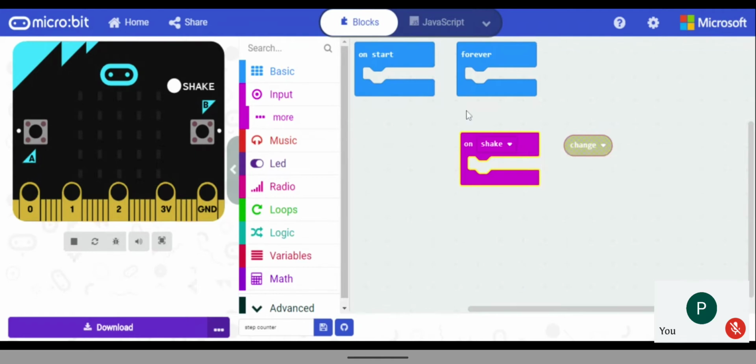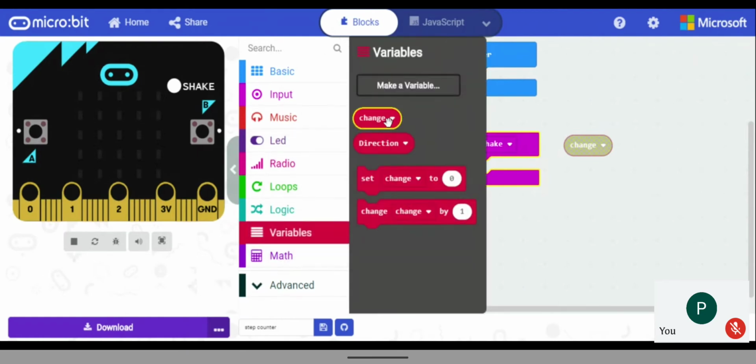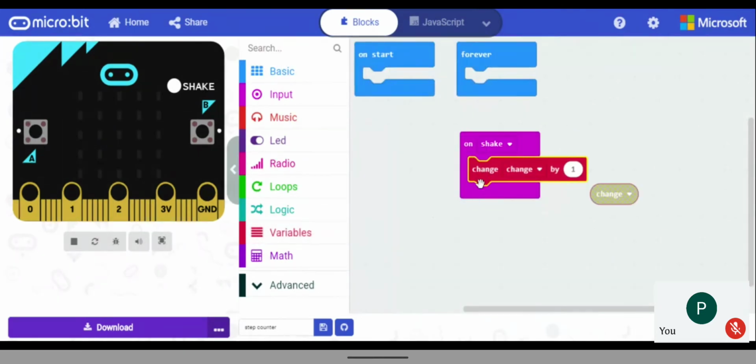After that we will go to the variable. What are the options we have? After I have created a change variable, I got set change to 0 and change by 1. So I'll take this change by 1.